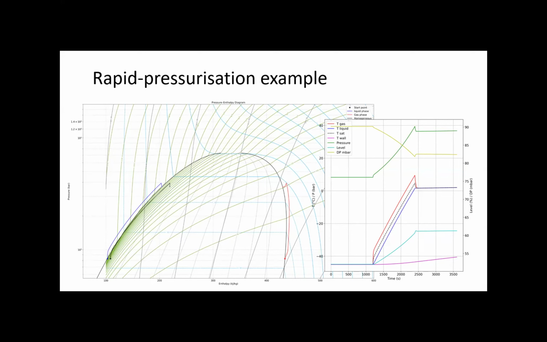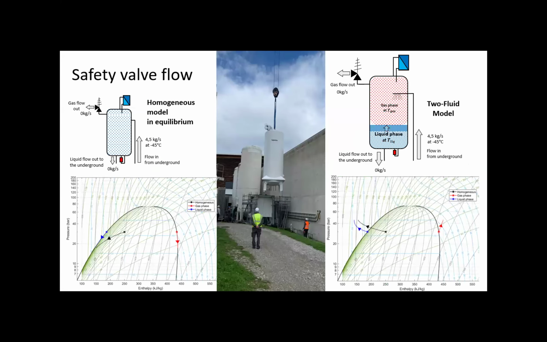And because there is now a delta T, a temperature difference between the two sides, after you reach the top, you see that the temperatures have to equalize, and the gas basically goes down to the temperature of the liquid. And therefore, you also see it in the pressure. So your pressure dynamic predictions are different than what they would be in a homogeneous model. This is a kind of toy example. It's not big dramatic consequences, but you can actually find issues where you can have pretty dramatic consequences of not